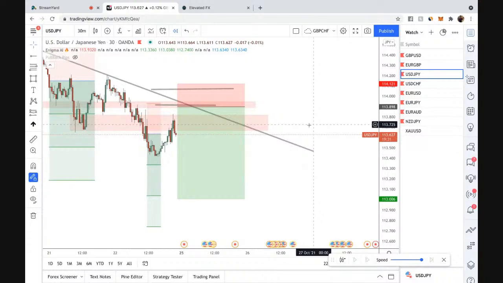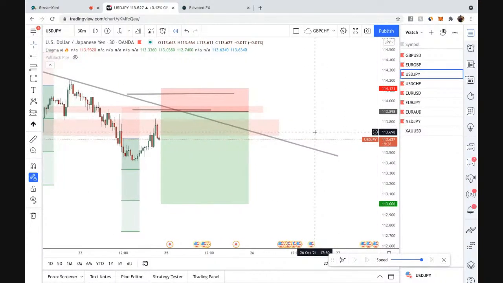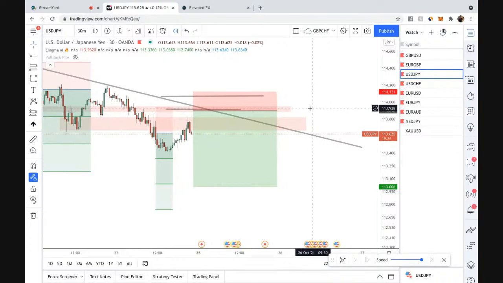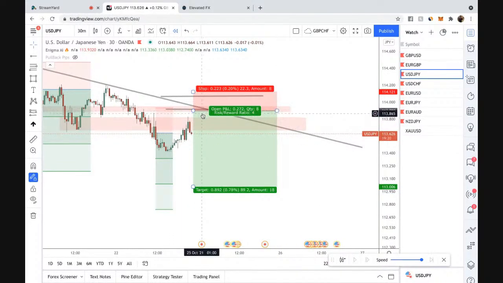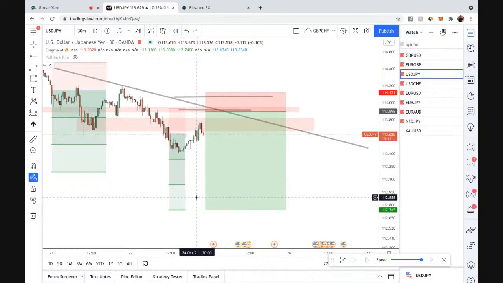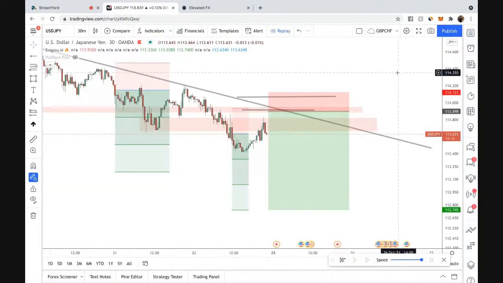I like it. The only thing I'm trying to ask myself and find is a better entry, right? This pullback was possibly enough that it needed, but if we can get just one more kick back up, that would be amazing, especially because it would make our R to R phenomenal. Easy 5-to-1 setup, right? So I do like that. Let me drop that for you guys.